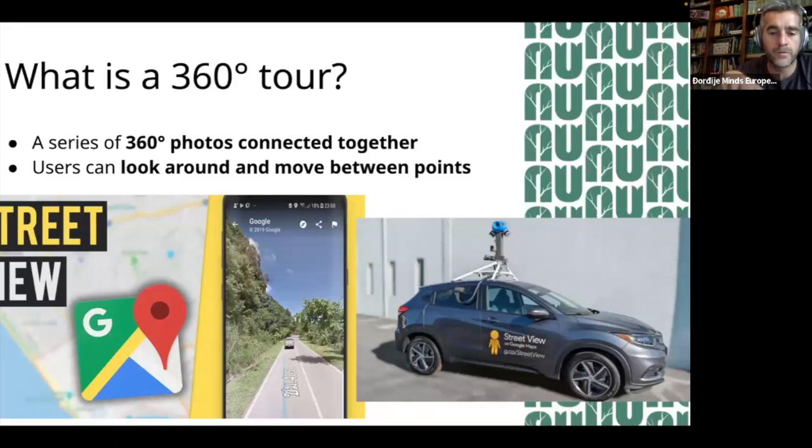And this car goes through the city or on the whole planet, and it's recording a 360 photo every 20 to 40 meters. And then, of course, via GPS and lidars, it is uploading it into a database. And when you connect those photos, you can move through the space that you haven't visited.